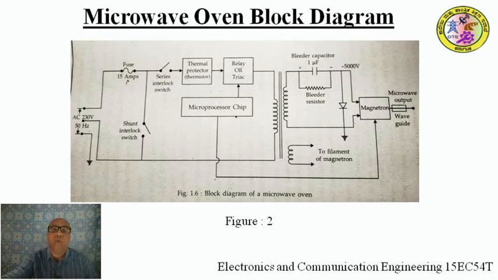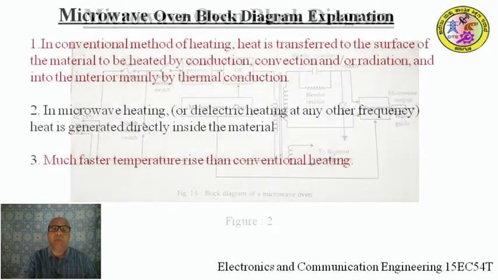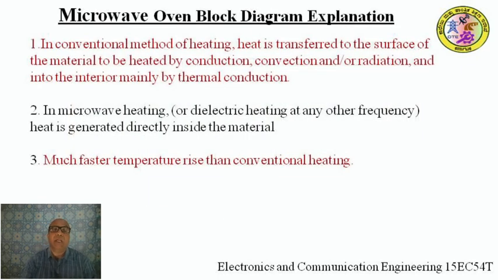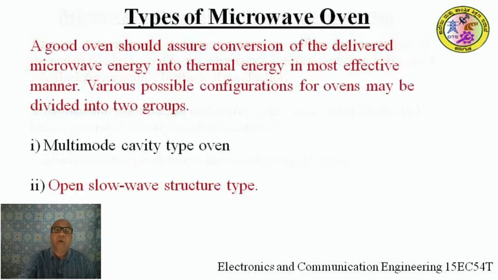So, we have seen how a microwave oven produces the EM waves and how it is controlled in this block diagram. Now, moving on to the next, that is microwave oven types. Certainly,